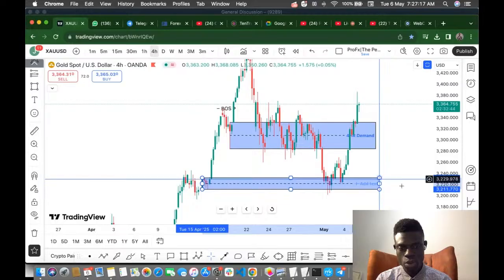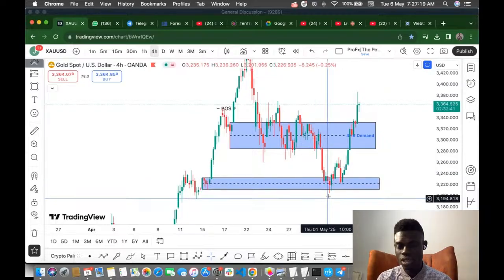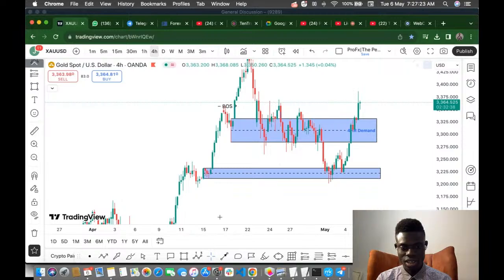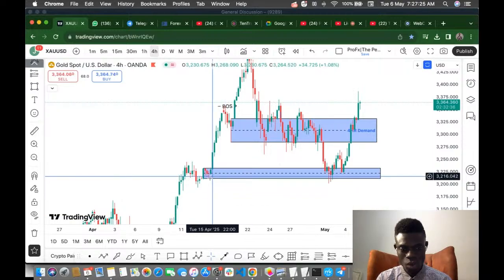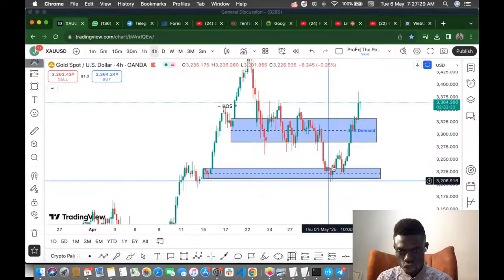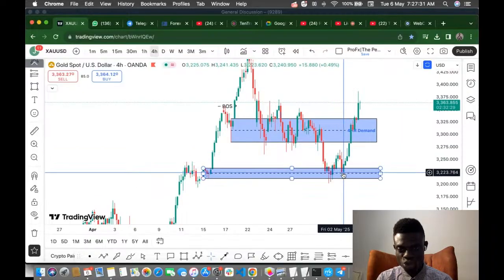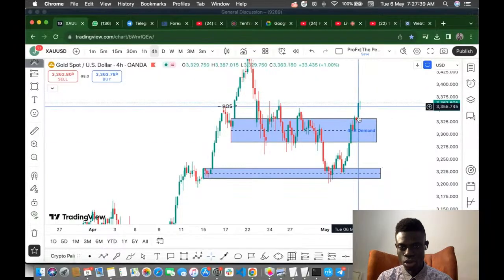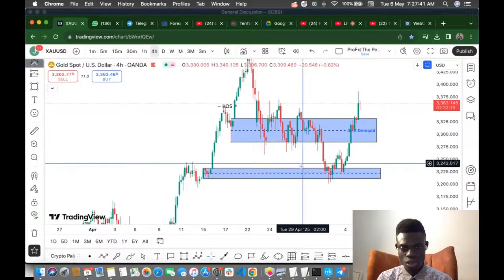And we saw that we even had a sweep a little bit. That shows that this guy is ready. Even at this second origin, we still had a what? An inducement. He swept it, he broke structure, returned back to reclaim the block and pushed up. This is a sign that the big boys have initiated the bullish order, right? So, like I always say,